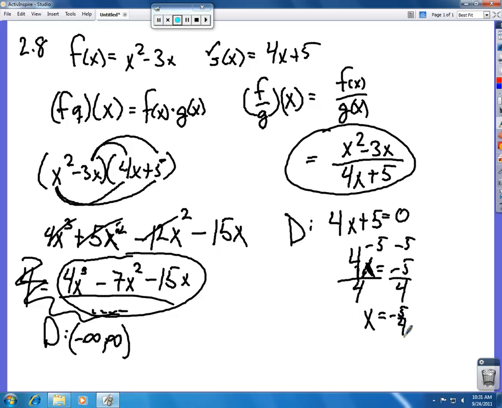Okay, so the only restriction on this is that x cannot equal negative 5 over 4. Because if you plugged in negative 5 over 4 for x, you would end up getting 0 in the denominator, and we cannot divide by 0. So the domain on the right-hand side is going to be negative infinity all the way up to negative